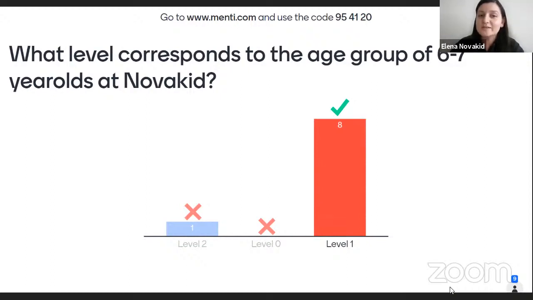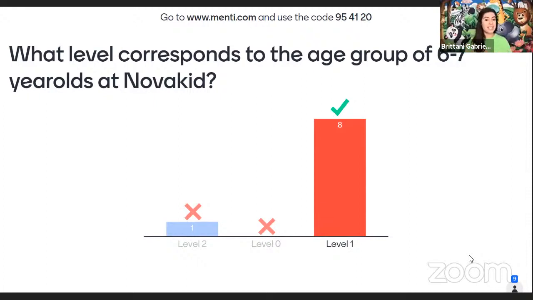I see somebody answered level 2. Brittany, what do you think? Is that possible? Of course, it's possible. There are a couple ways that you could have a 6-year-old or a 7-year-old in level 2. Now, in order to start at level 2, a student must be able to read and blend sounds already. These can be short sounds and words, but they must have the letter recognition necessary.